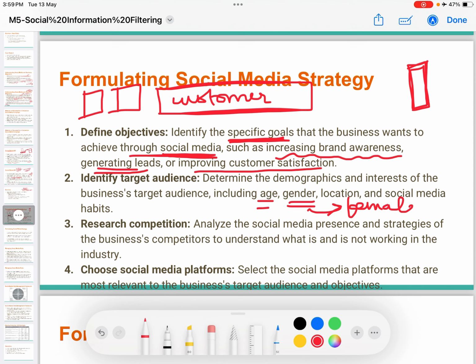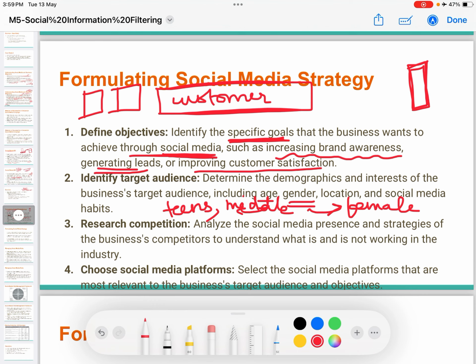So which gender is it catering to? What is the age? Makeup can be created for teens, also for the middle age. Older women will not mostly prefer it, they can prefer it also, but the main crowd will be the teens and the middle age. Location, from where they are drawing more business, and social media habits of these customers.